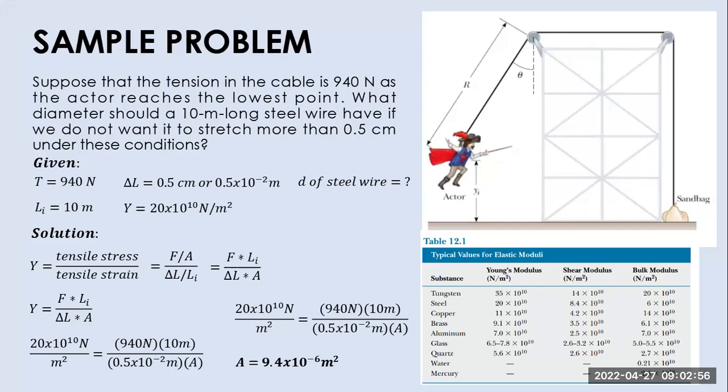Under this condition, we have the given tension force of 940 Newton, the change of length of 0.5 centimeter, the initial length of 10 meters, and then we have the Young's modulus